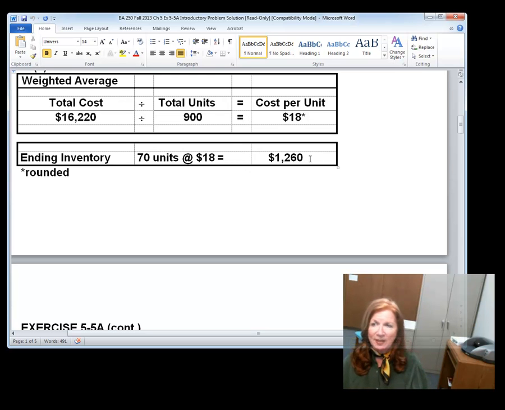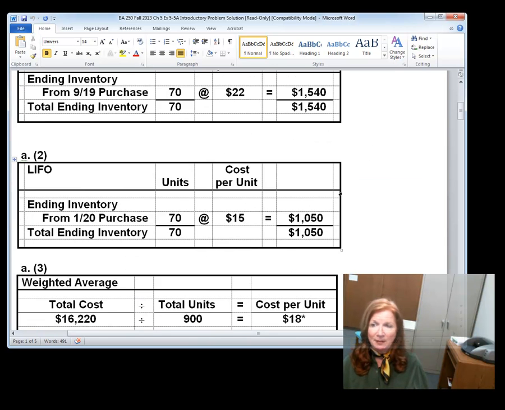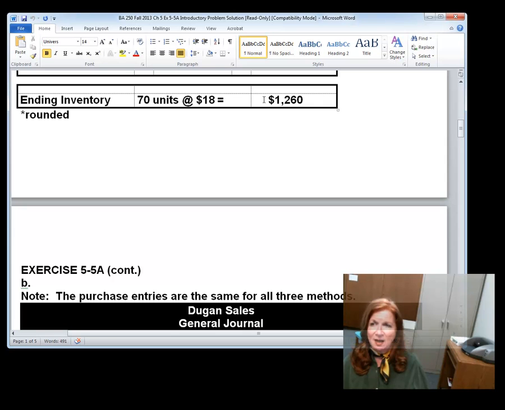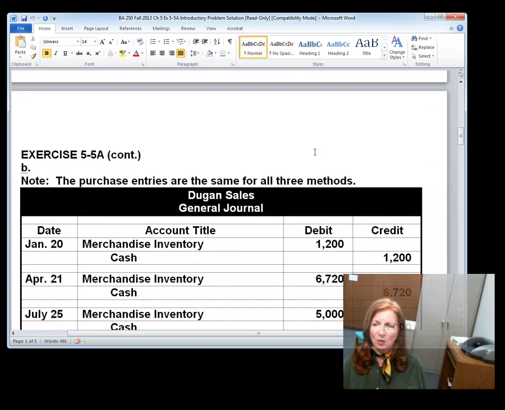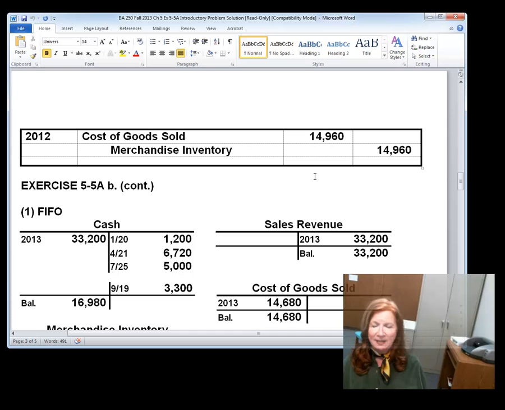Or we can also get it the same way we did the other ones, by looking at goods available minus the ending inventory to get the cost of goods sold. So we can get that answer either way, and as I said in my presentation, you can also use the units. You'll have to do that in your Excel problem. You'll have to use the units times their individual purchase prices to prove that your ending